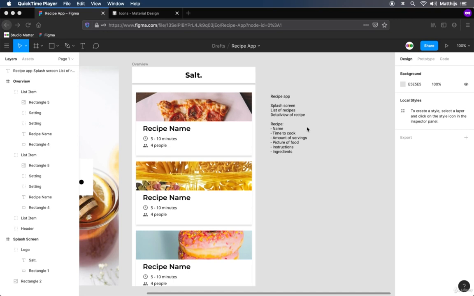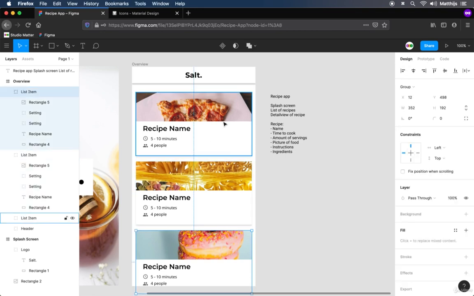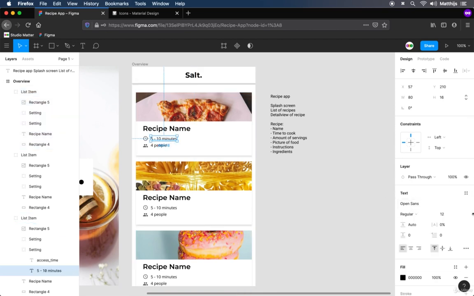Let's have a look at components for this lesson. What we've done previously, we've made a little list in our app, and we can easily copy paste these groups, these list items, in order to create a longer list. But if we want to change, for example, the font size here, you will notice that it will not increase in the other items. And there's a very nice feature called components within Figma, where you can produce one item